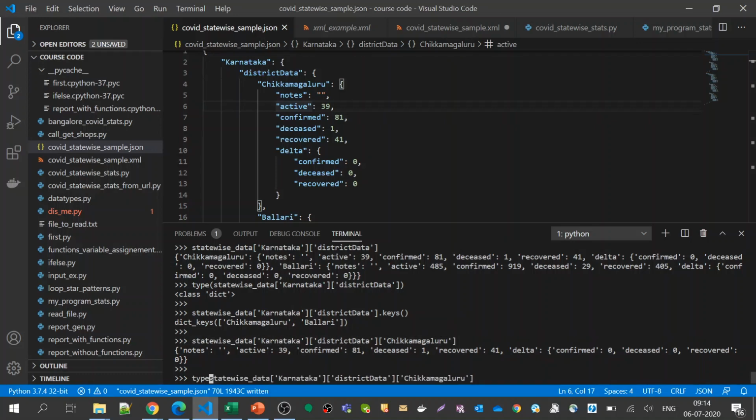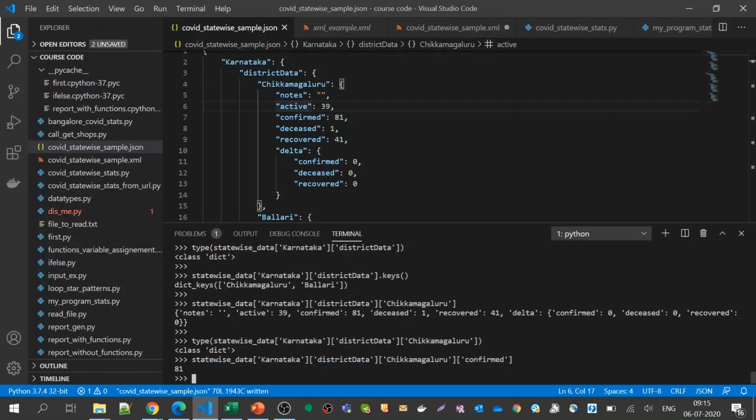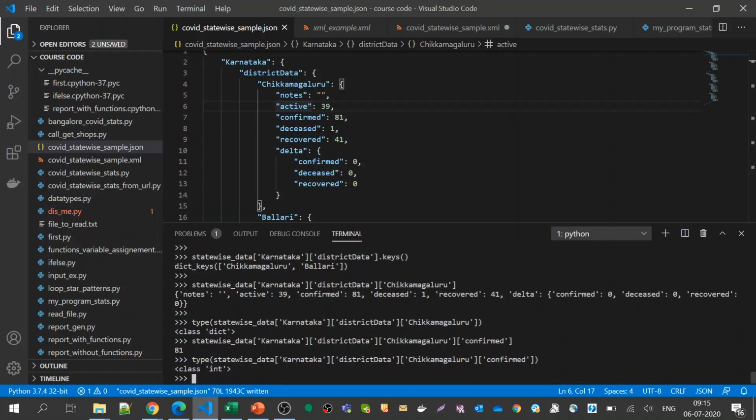This is again a dictionary because inside Chikmagaluru there is this box, and inside this box, let us try to get confirmed cases. Now I am getting this value. Let us see what is the type of this. See, type of this is integer.